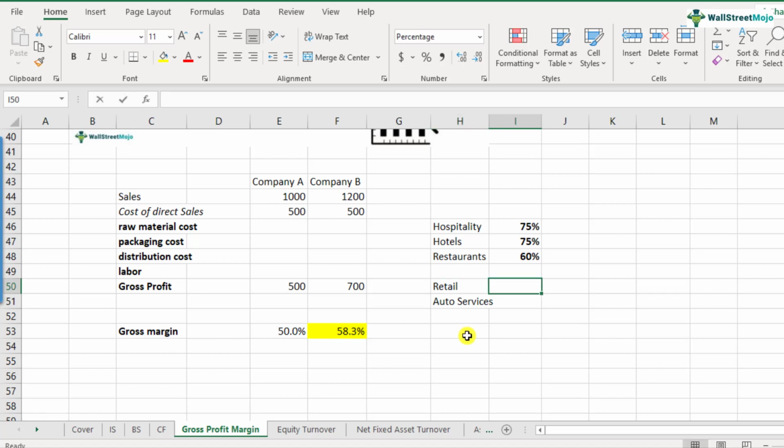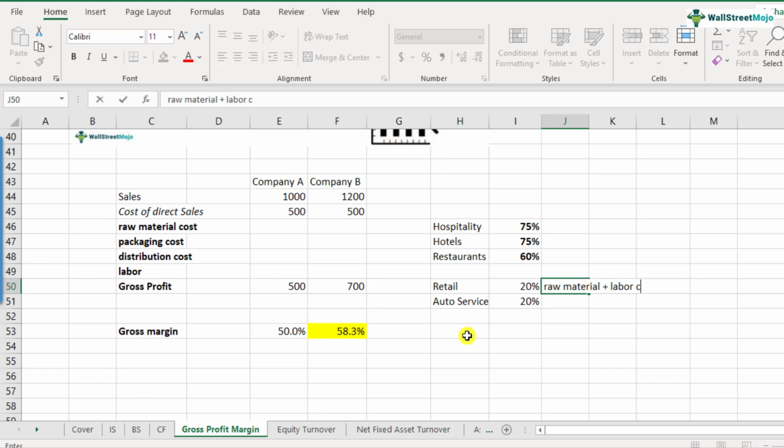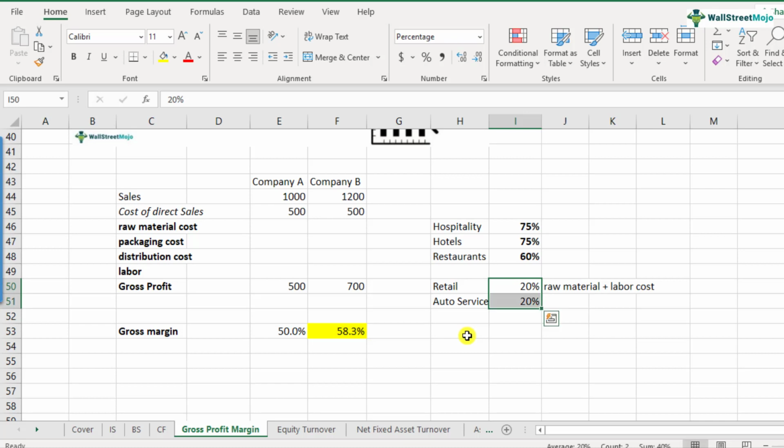They would not have very high profitability margins. Somewhere around 20-25 odd percent will be the gross profit margins for them, because in this case the raw material cost is a very high cost altogether. The raw material cost plus labor cost is very high. So that's why such industries show very low gross profit margins. So that's one thing which I wanted to share with you.